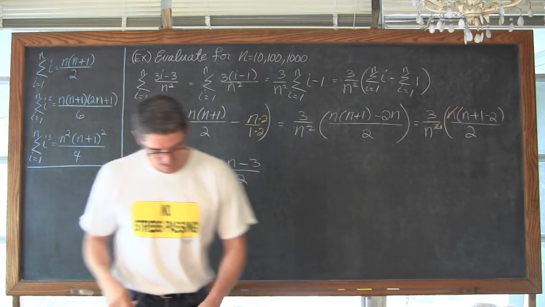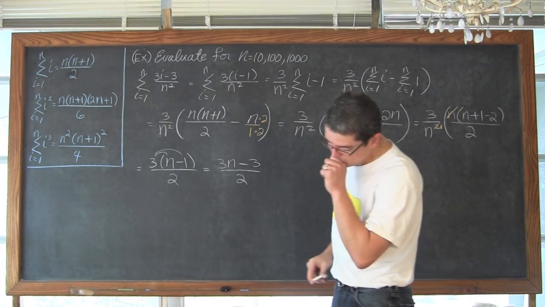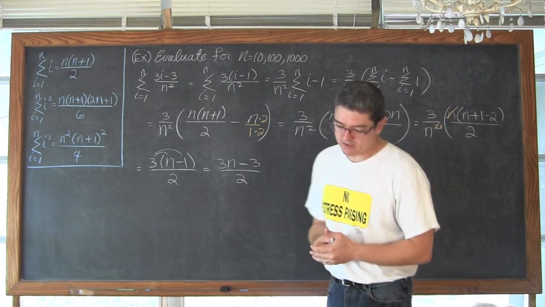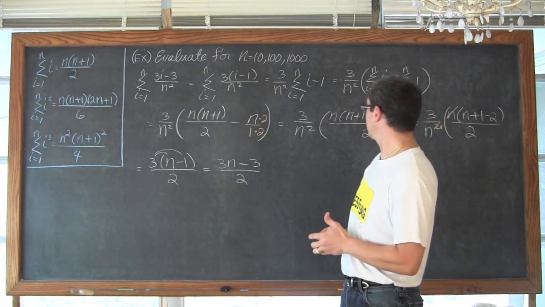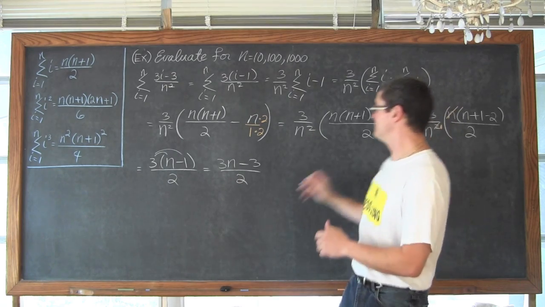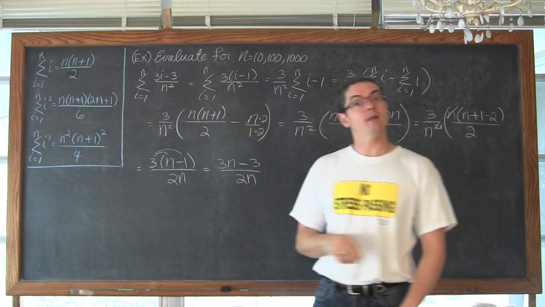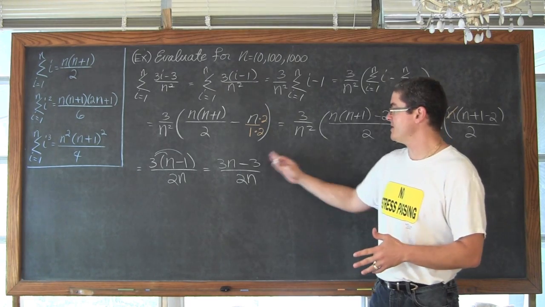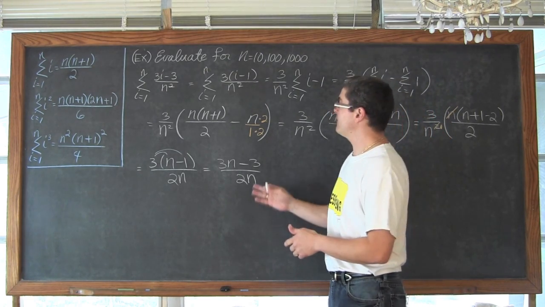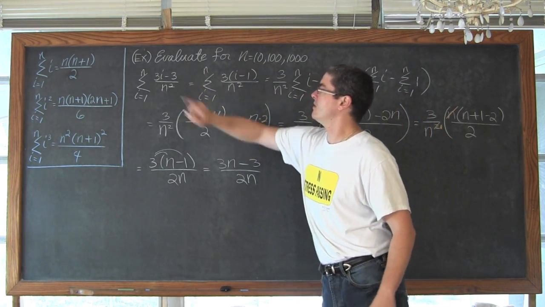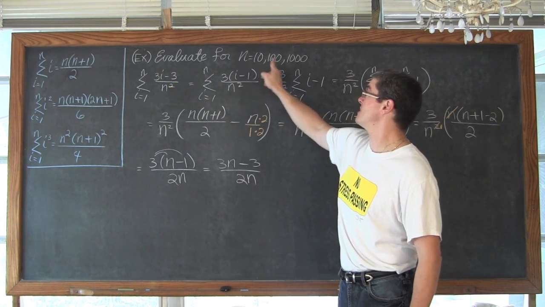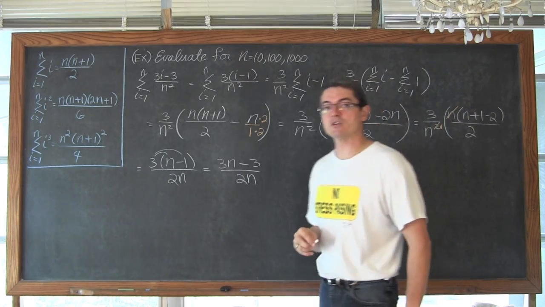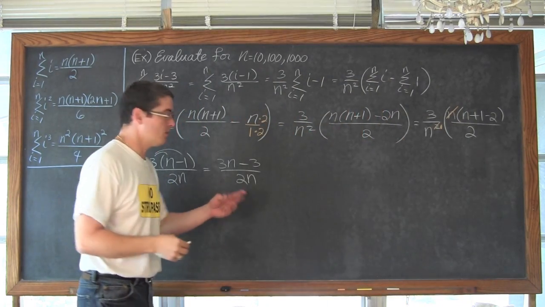Okay, now that was a lot of work, but what it allows me, I'm just making sure I haven't made a mistake here. What it allows me to do, though, I've forgotten something. Oh, I forgot my n. Whew, that was close. So what it allows me to do now is with this expression, if I want to evaluate this original summation notation for the values of 10, 100, and 1,000, I'm able to use this expression and get done just like that.